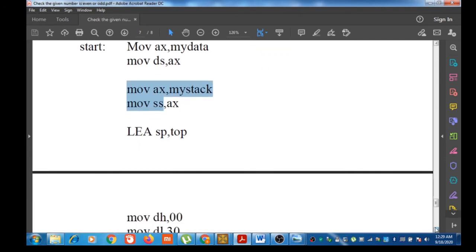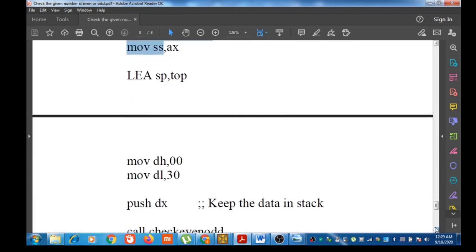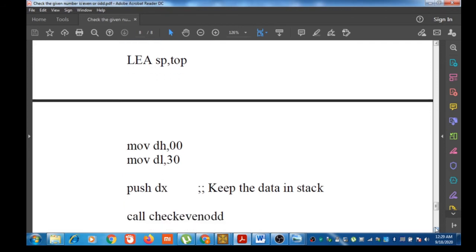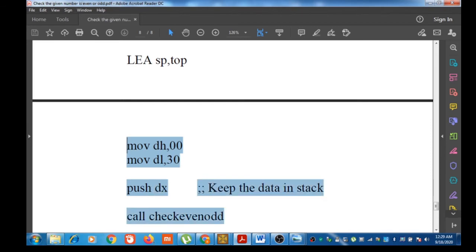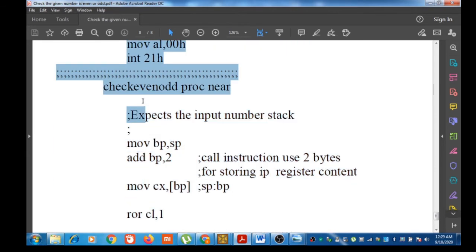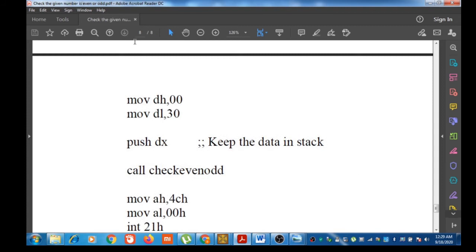Then before calling the procedure, we will push the data into the stack. 30 is the number, that is our data, the decimal number.